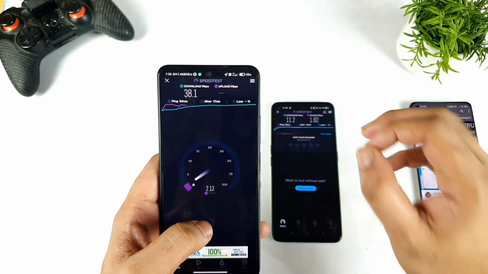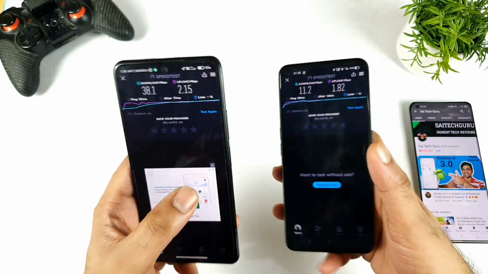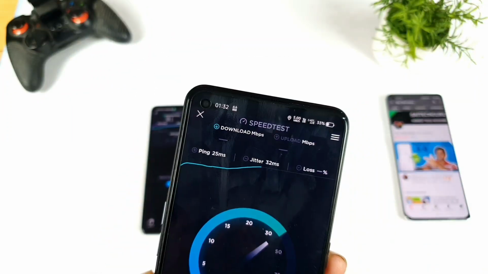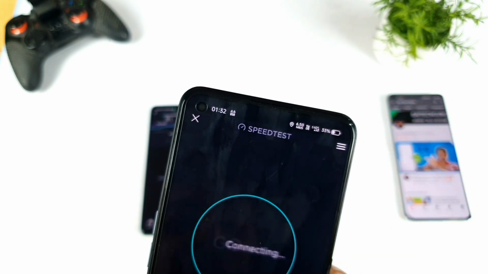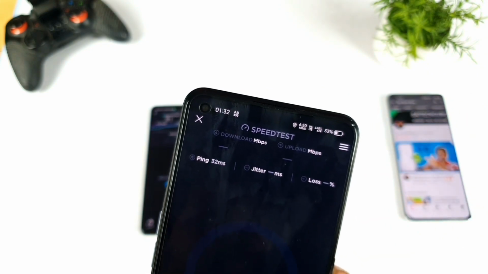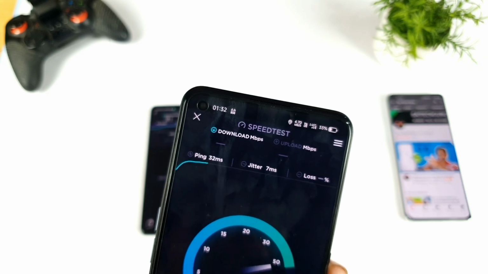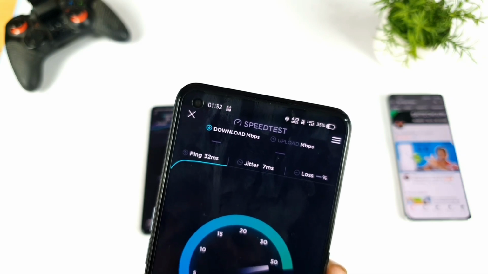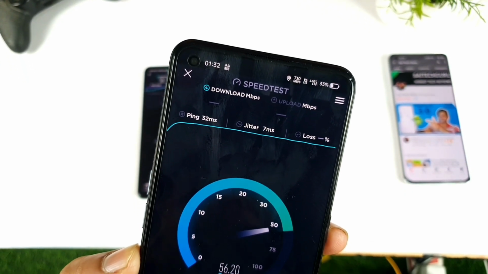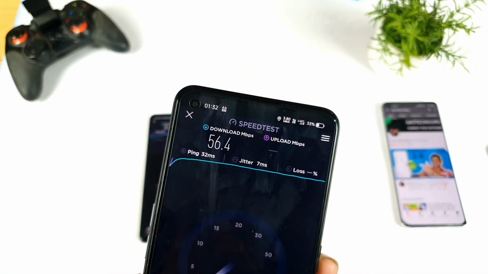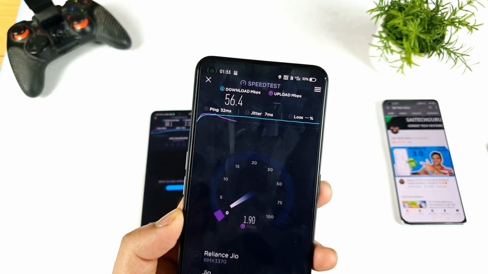So I'm getting 4G plus. Even if the Realme GT Neo 2 gets the 4G plus, I can definitely get that kind of high speeds. Now I'm getting the 4G plus in the Realme GT Neo 2. Let me start the test again when there is 4G plus. Let's see. Try to look at the 4G plus symbol exactly. Now the speeds are going up to I think 50-60 Mbps as well. I don't want to move the device. Let me just slightly lower the camera, you will be able to see. The speeds came up to 56.4 Mbps with the 4G plus connection. You can clearly see what is happening.